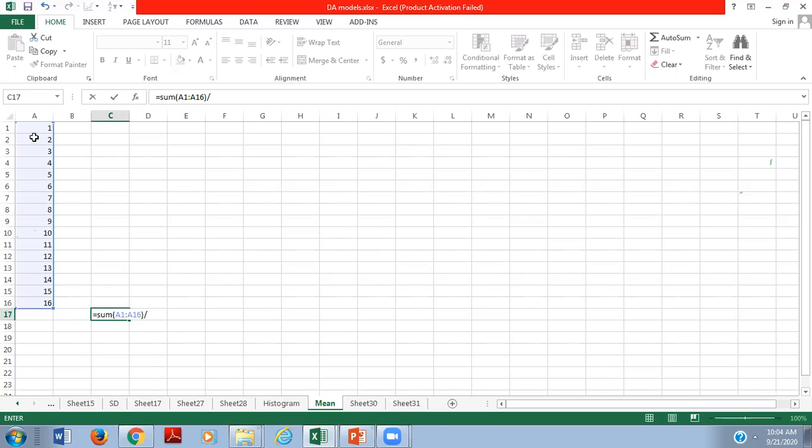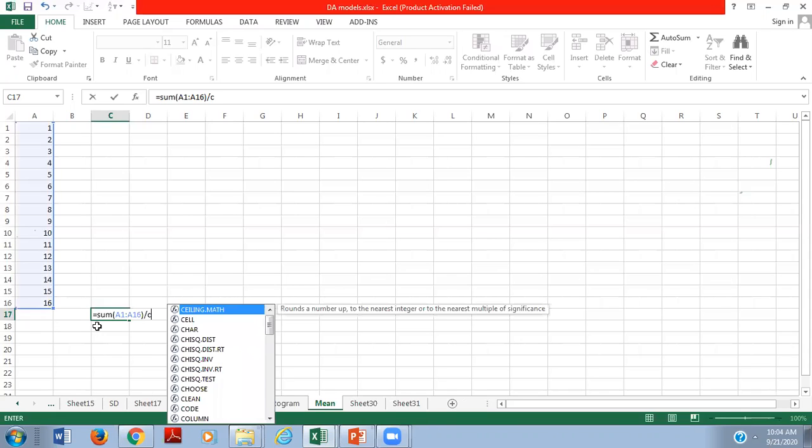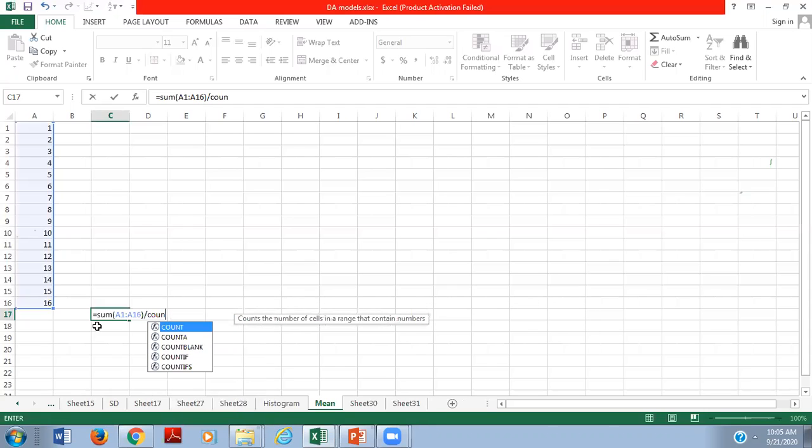Now, N is the number of items. So what I should do is use another formula, count, then start bracket, then again define that particular range, then close the bracket.